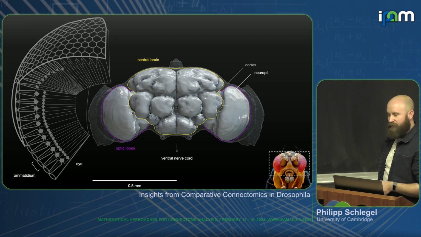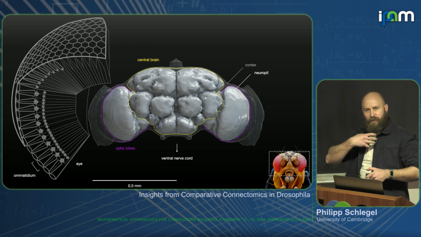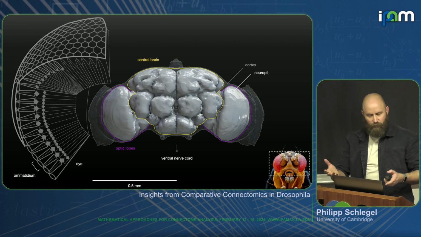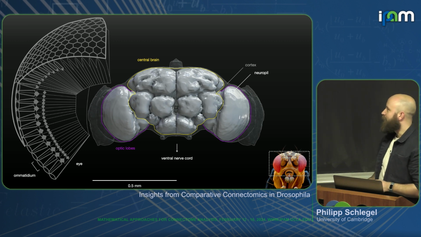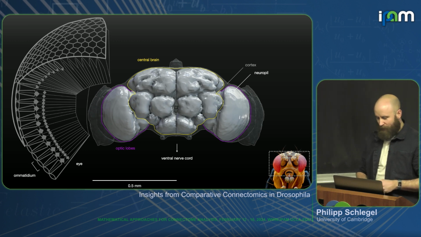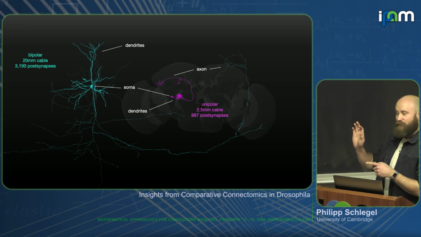And then below that you can imagine a thick nerve that connects the brain to the nerve cord, which is the spinal cord equivalent. And the whole thing is about 1 millimeter across, not quite as tall and rather thin, so about the size of a poppy seed. And for those of you who've never worked with insect neurons, or fly neurons specifically, but with, say,